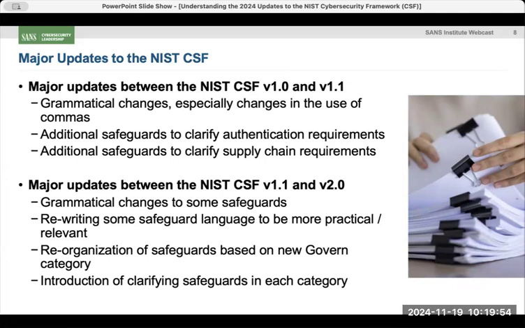And what I basically learned when I compared version 1 and version 1.1 was that there were some grammatical changes, which is to be expected, right? We always change our perspectives on language and find ways to improve. And it's funny, I always kind of make the joke that it feels like they changed their theory of commas between version 1 and 1.1, which is fine, right? That's what happens. So you see lots of comma changes.